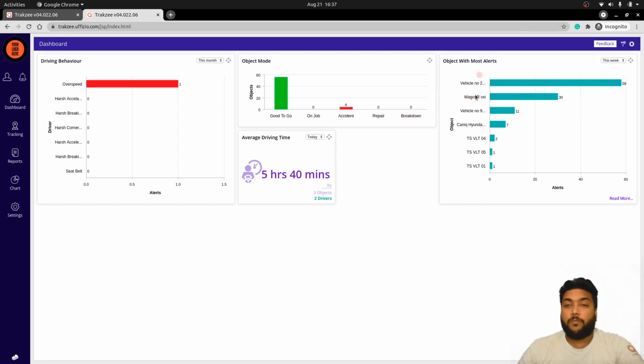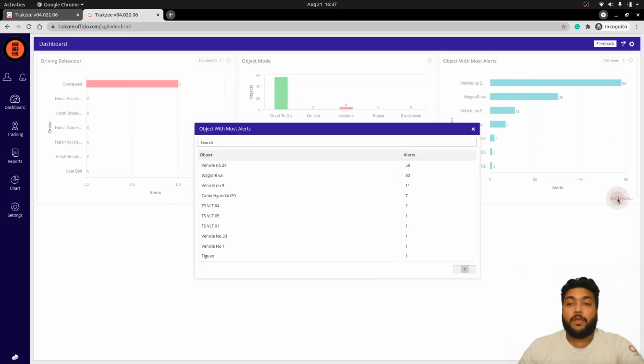Based on the objects, a list will be shown and the alerts will be reflected, and the count will show that this particular vehicle has had this many alerts. When you click on the read more option, you will get the other vehicle object information as well with the alert parameter information.